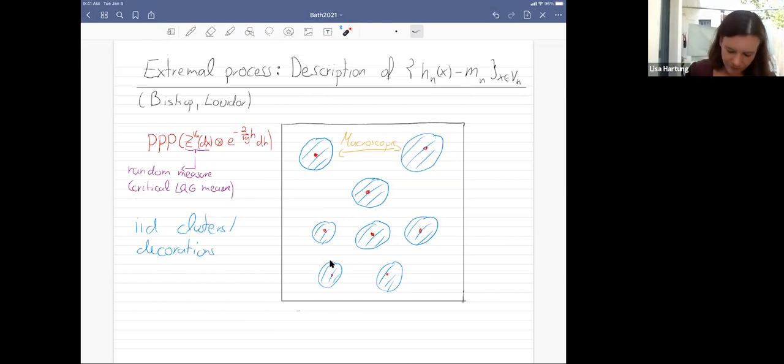And the number of extreme local maxima can be described by a Poisson point process, where the intensity measure is random, namely it contains something that's Z that really corresponds to the derivative martingale we saw in Leonid's talk. And for the two-dimensional discrete Gaussian free field, it's actually the critical Liouville quantum gravity measure. And then there's also an intensity coming from how many points there are, which is like the non-random part.